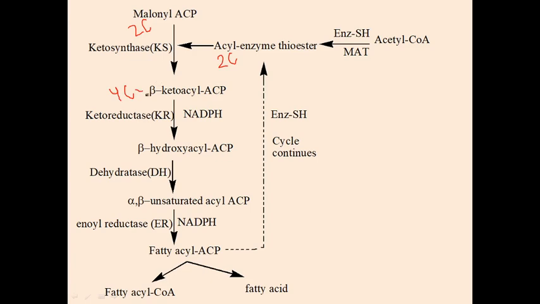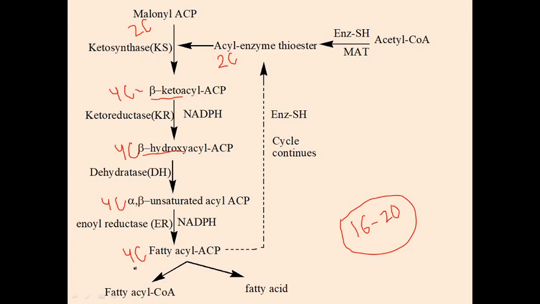Next, the keto group gets reduced to a hydroxy group. The carbon atom count is the same, here also 4 carbon. Here dehydration occurs. Carbon is not removed here, only water is removed, so here also it is 4 carbon. And here reduction occurs, hydrogens are added, no change to carbon. Here also 4 carbon. Generally fatty acids contain 16 to 20 carbon atoms. It can vary according to the organism. Let us assume around 16 to 20 carbon atoms are required for a fatty acid.